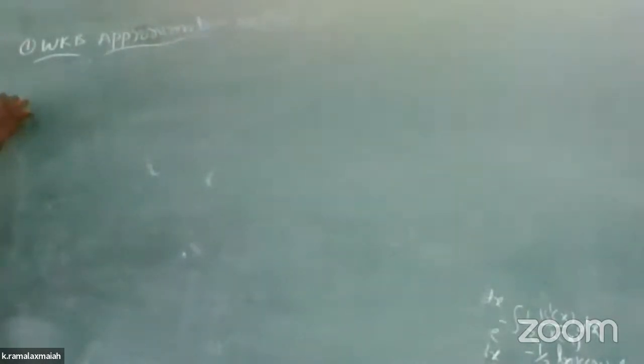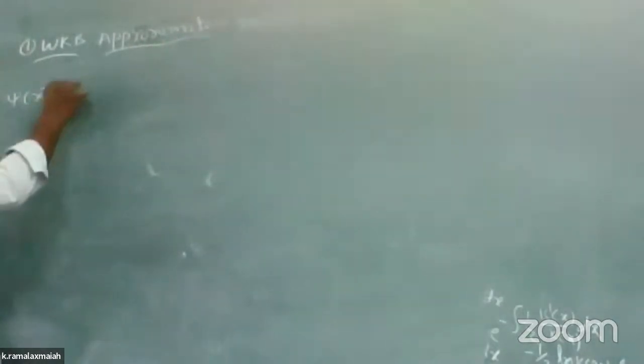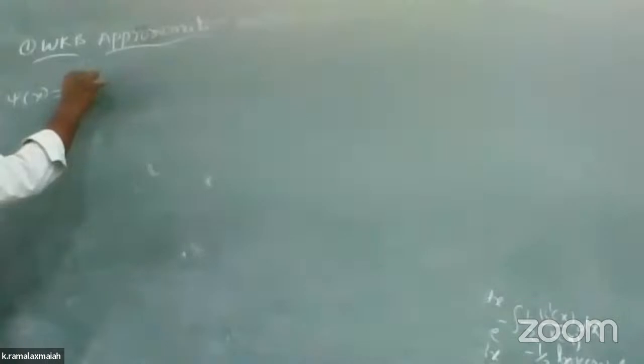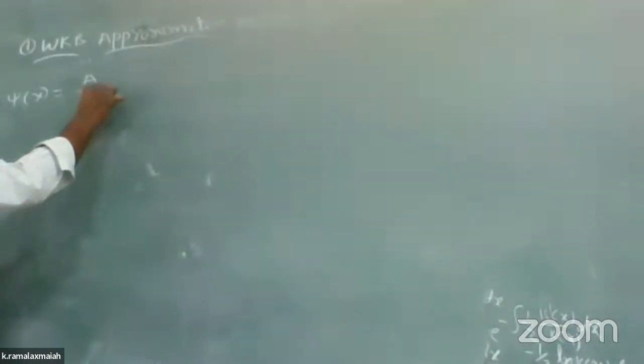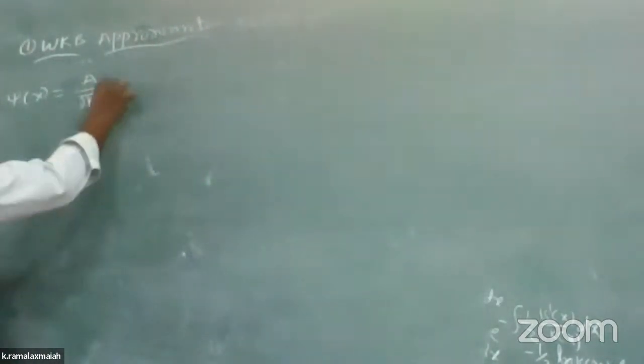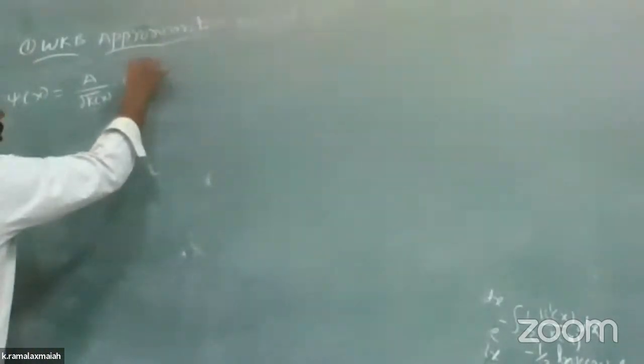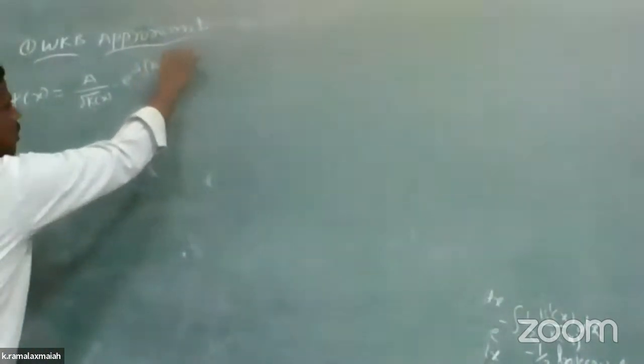So y of x is equal to a by under root of k of x, into e power of i integral of k of x dx,